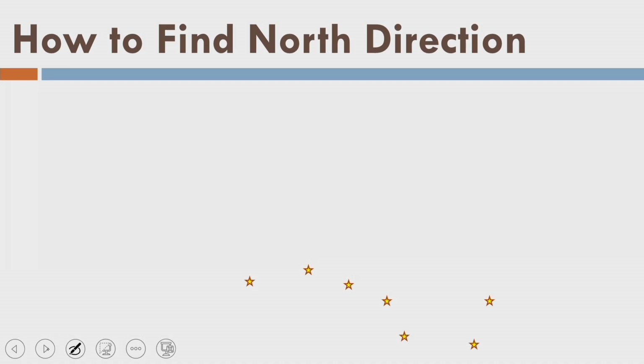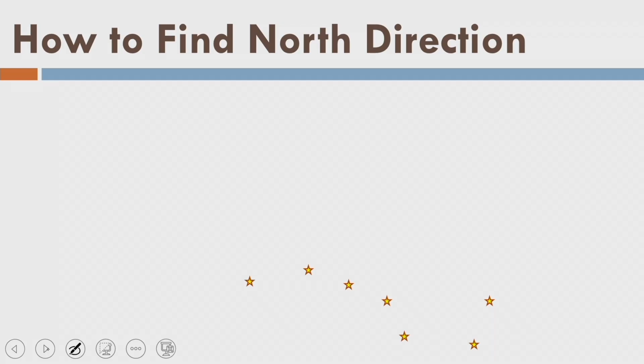Okay, now the last question. How to find out the north direction if you don't have any idea at a given place? You don't have any astronomical observation, you don't have any star catalog with you, you don't have any idea about astronomy, but I am telling you a simple idea. Perhaps it is given in the 7th or 8th standard book. So I am repeating that.